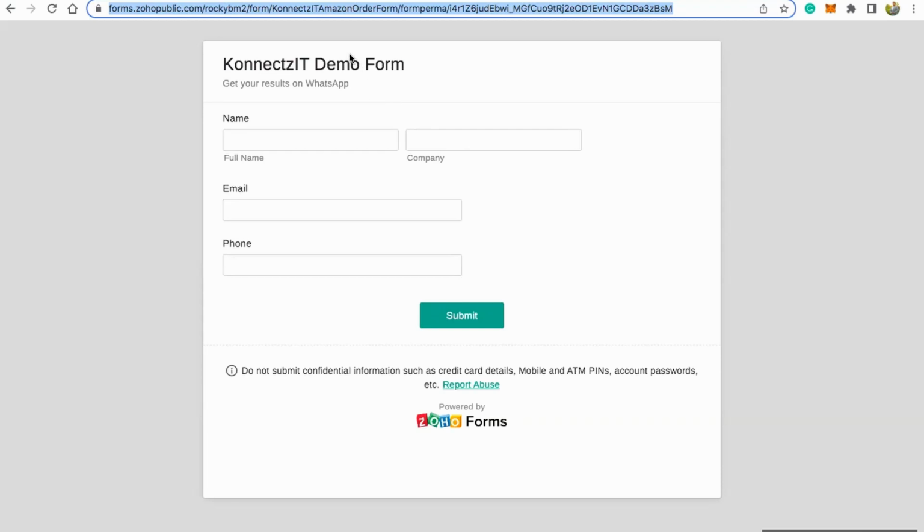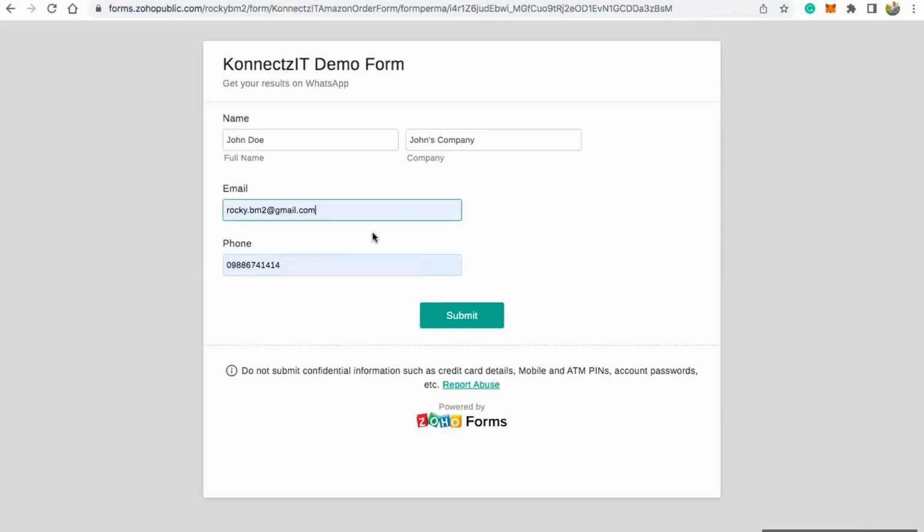I've shared a link. Click on that link and give me your name, any name, and your company name, and then your email ID. I'm going to use the same email ID. Use your country code and your phone number. You can use plus or not, it's left to you. Then just click on submit. Once you have filled this form, guys,